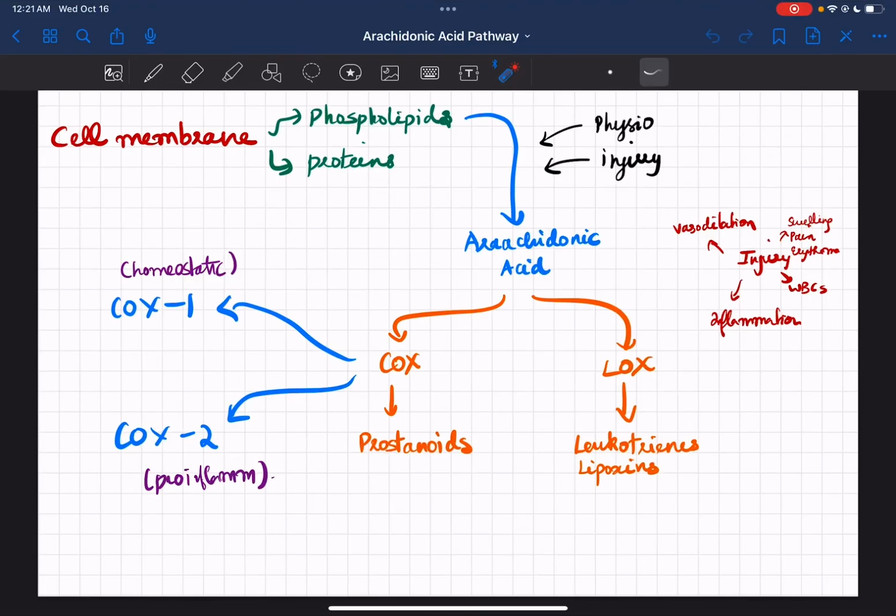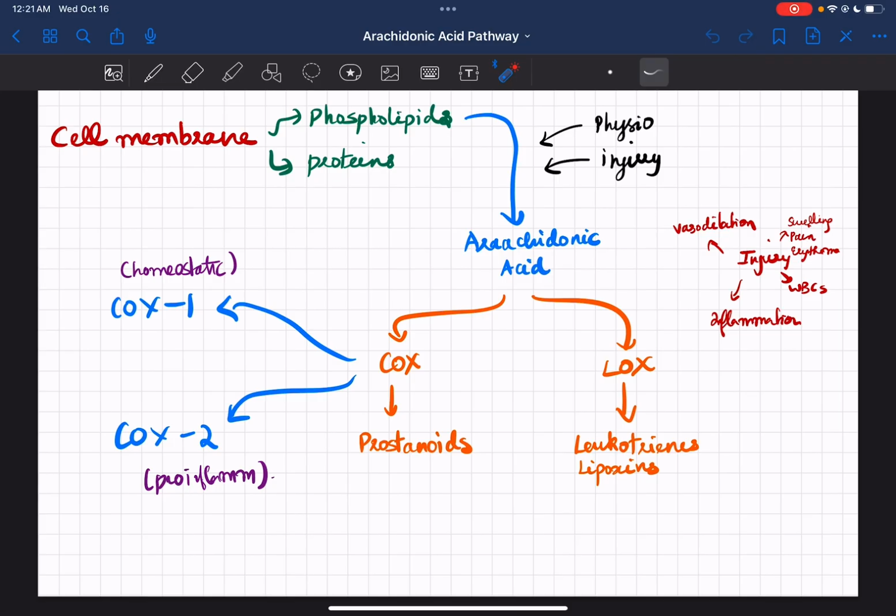Hello everyone. In this video, we will be looking at a very crucial concept that's related to physiology, pathology, and pharmacology at the same time. The concept is the arachidonic acid pathway. Arachidonic acid is derived from the cell membrane of our cells in the body. This arachidonic acid goes through a series of reactions to produce a few biochemical compounds that are really crucial